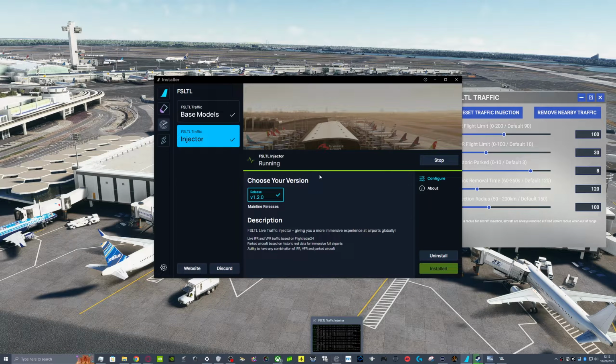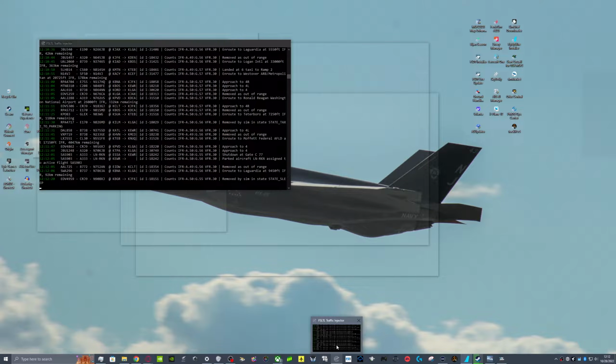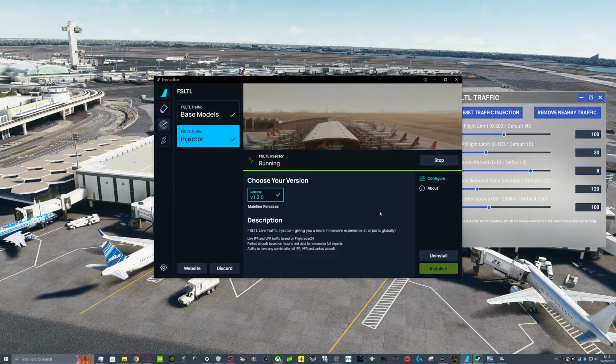That way I don't have to open the fly-by-wire installer every time that I want to open this. And that'll bring you to that there. And there's an F-35. Anyway,